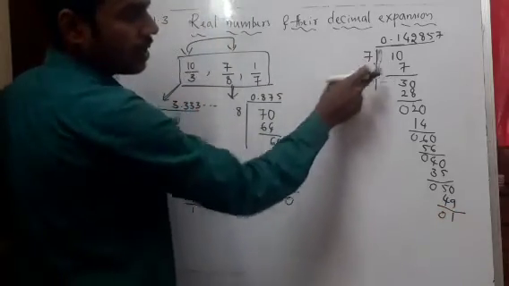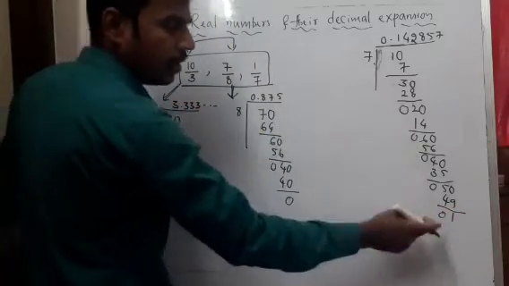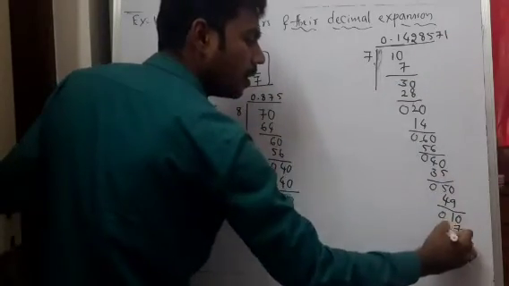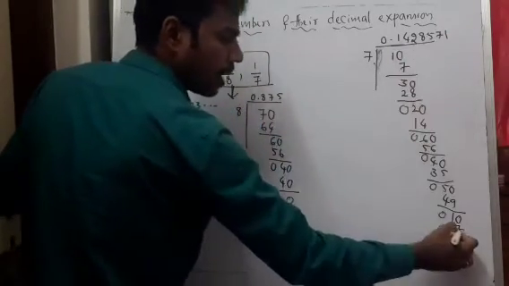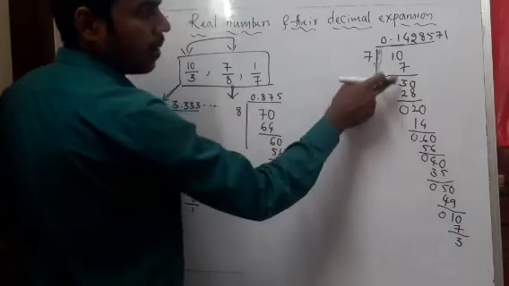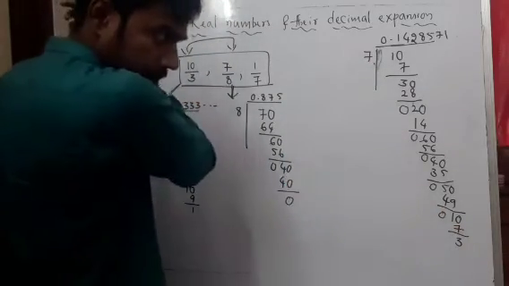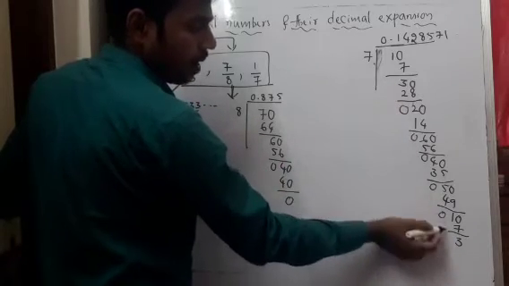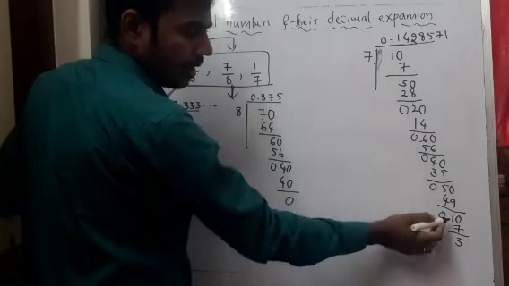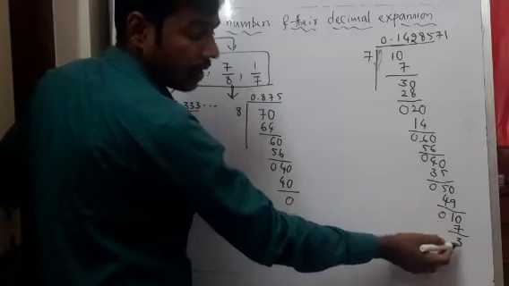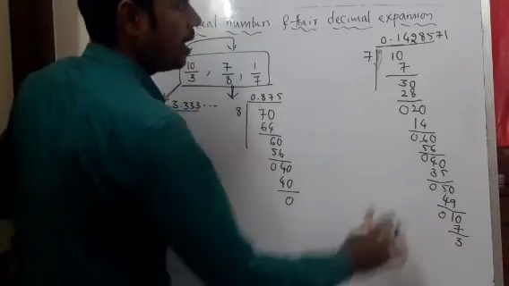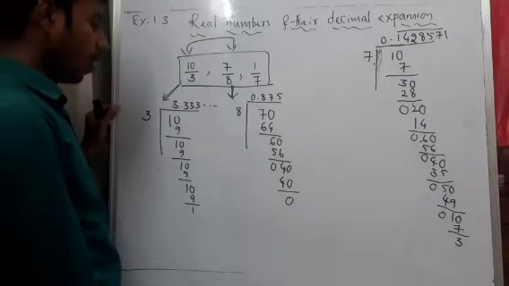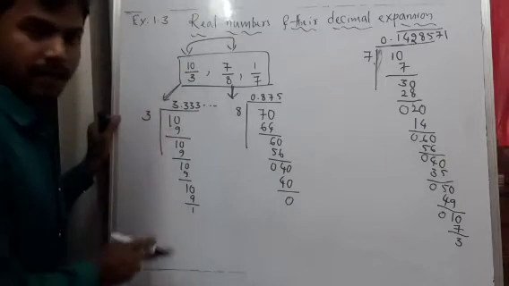See, what was there earlier? 1 was there again. So if you continue, you will get again 7 1s are 7. So 10 minus 7 is 3. So the remainders are going to repeat. We started with 1, and again we are starting with 1. So we can stop it here. We will get this repeating string again and again. Now we will note down the remainders and the divisors.